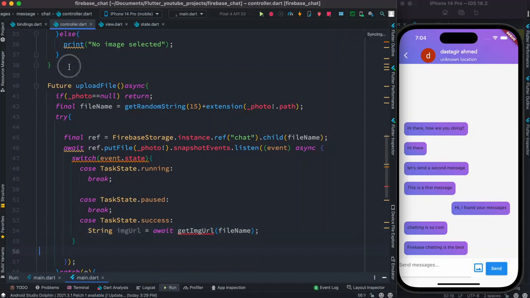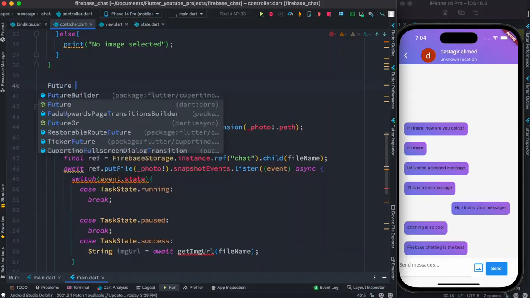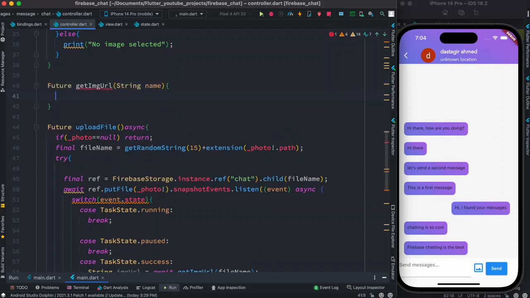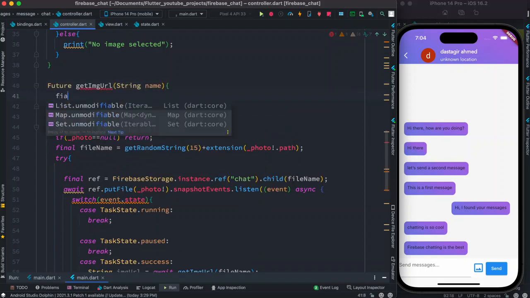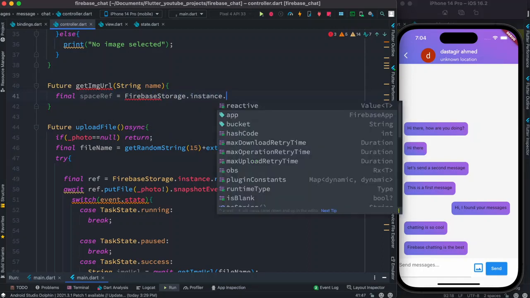So here we'll create this method, and the method type would be Future getImgUrl, and then we'll pass a string name to it because the file name is a string name. And then inside this, here we'll create a variable and we'll call it spaceRef, and call it anything. So FirebaseStorage.instance.ref